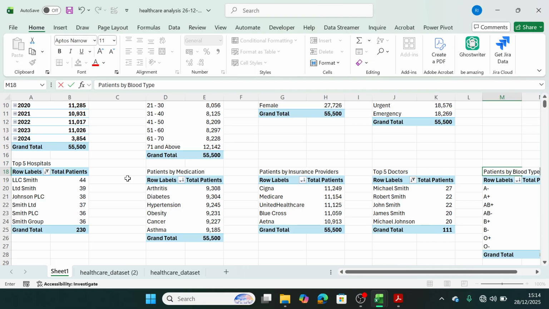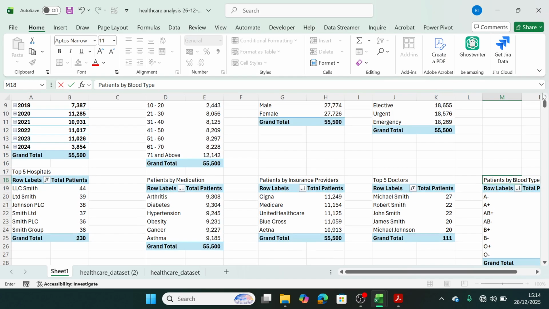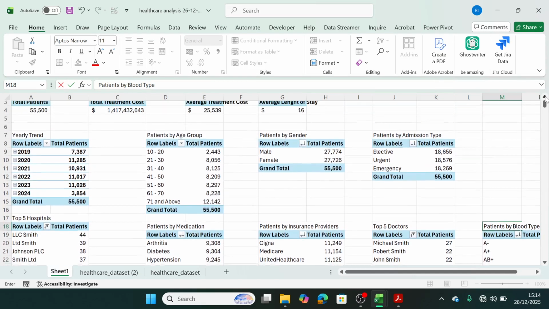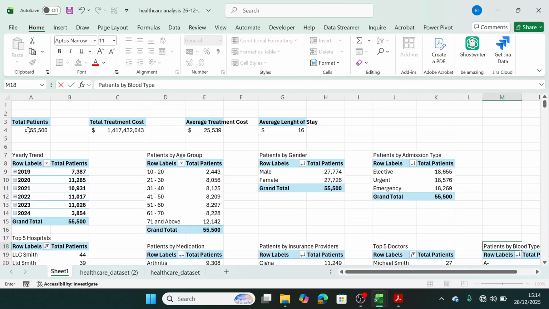Now the data is clean and consistent. A non-technical person can also understand this. I mean, a non-technical person can say, okay, this is total patients, total treatment cost. They can see from here that it is fluctuating. A non-technical person can see this yearly trend that is fluctuating, that is not increasing or decreasing over